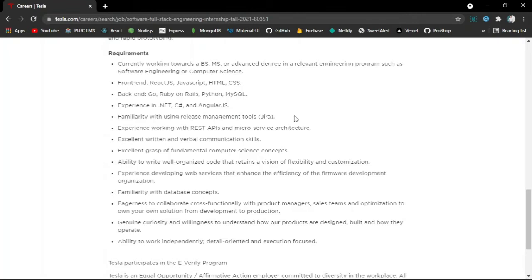React.js is a JavaScript library for building user interfaces, and the candidate must have experience and expertise in Go, Ruby on Rails, Python and MySQL at the backend, and knowledge and experience of C#, .NET Framework and AngularJS. There are also different other requirements written over there. You can explore them and check which positions match your expertise and education.